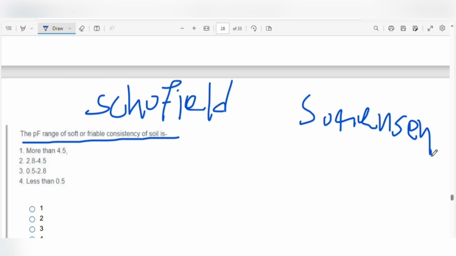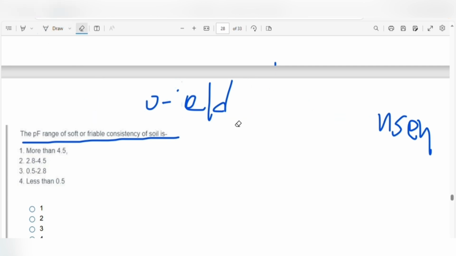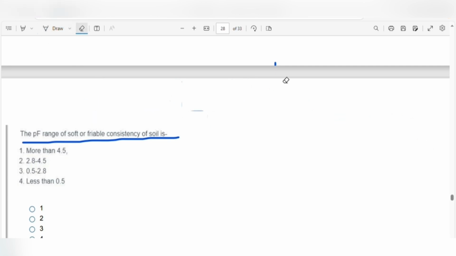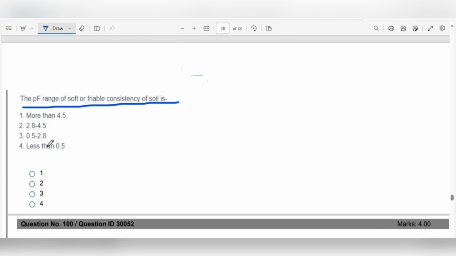pH was given by Sorensen, whereas the pF scale was given by Schofield, the Schofield who gave the ratio law, as you know. Soil science students must know that. And what is the pF scale? The pF scale is a measure of soil moisture content, the soil water present in soil. And the range for soft or friable consistency will be